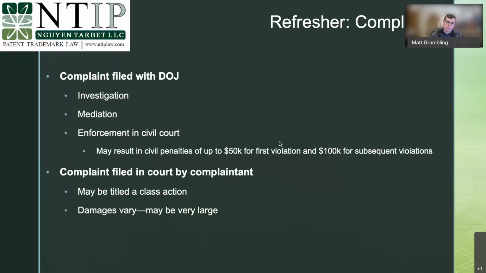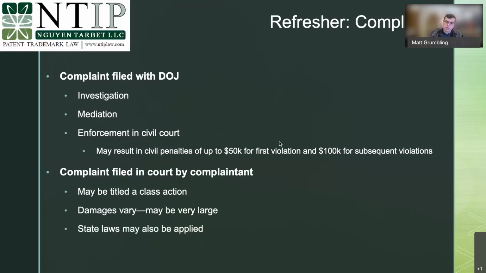Not to scare you too much, because I think that if you're just starting out, or you've got a mom and pop shop or something like that, you're not very likely to get hit with really super huge damages awards. Most of the really scary ones are against companies that frankly should know better. But there've been some pretty big judgments and pretty big settlements against companies that you would think would be sophisticated enough not to have these problems, but they do, and it's been especially true on the internet side.